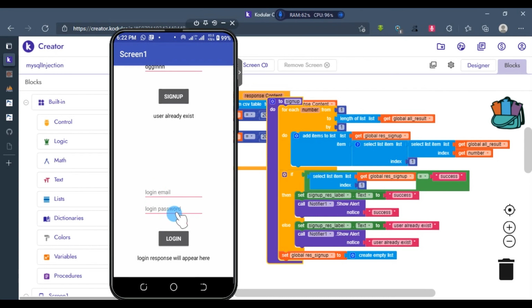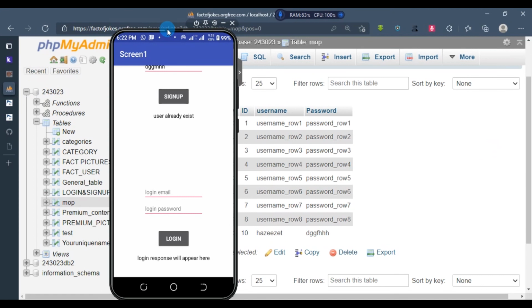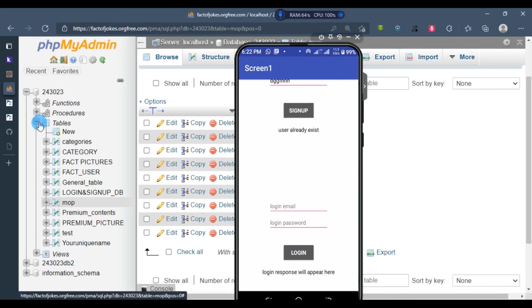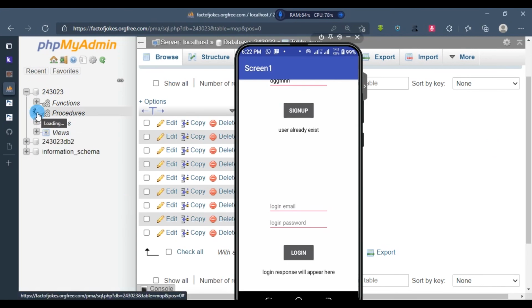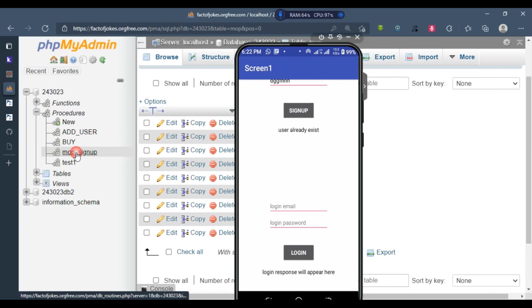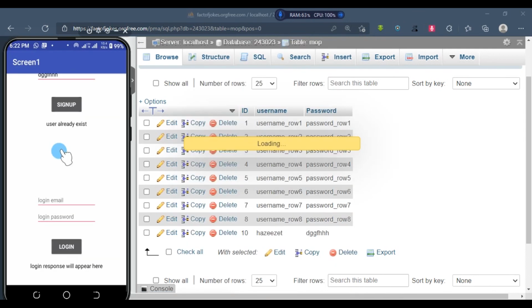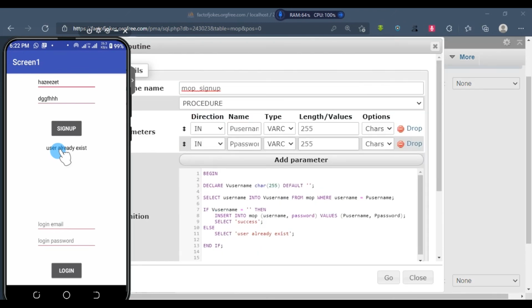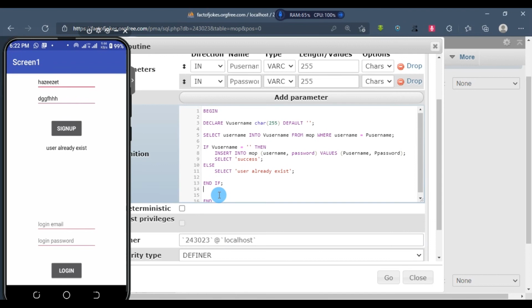So now let's quickly do the login. Login is very simple, the login is similar to this. We just need to get the username and password as well. Then we'll get the login. So I'll just copy all of this. We need all of this also. We'll just copy it,